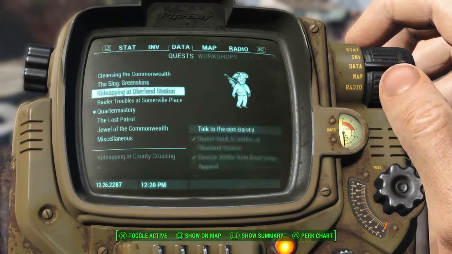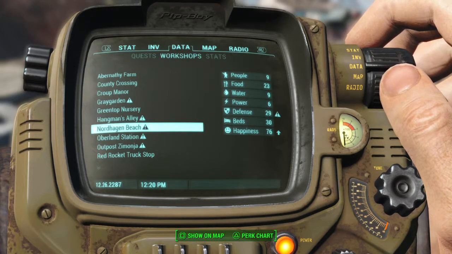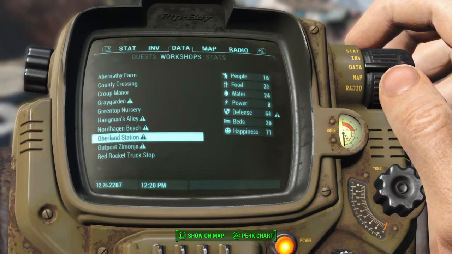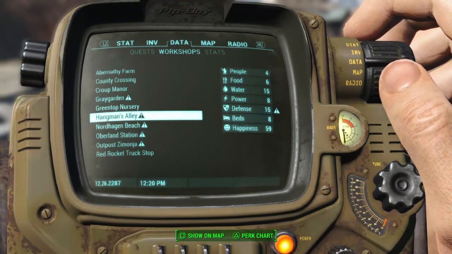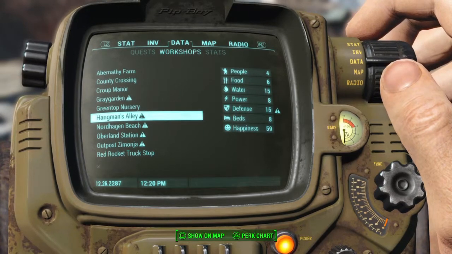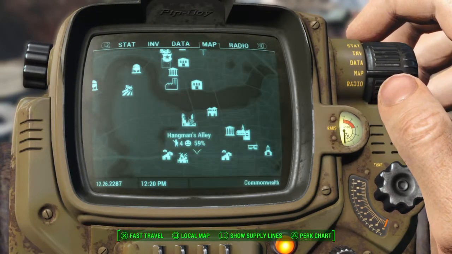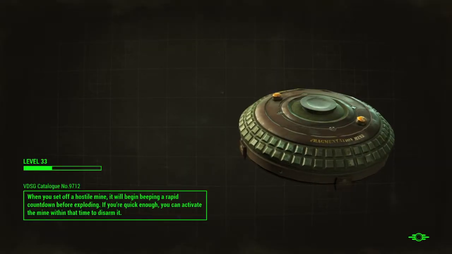I've got a variety of quests that I have to do. And these are all my settlements that I've created. And some of these are notifying me. You can see the exclamation sign next to defense, that I need to build up my defense in that particular place. So just for kicks, why don't we do that? So we're going to head out to Hangman's Alley, which is a settlement in the middle of